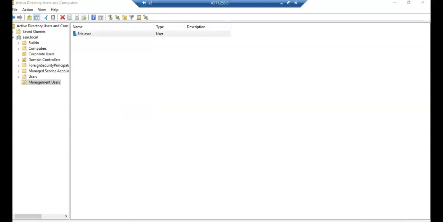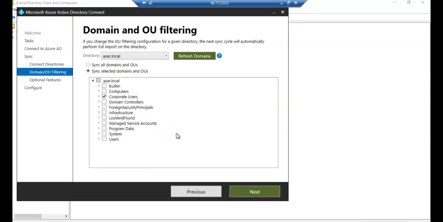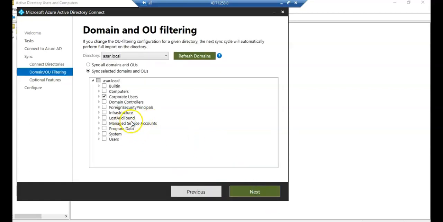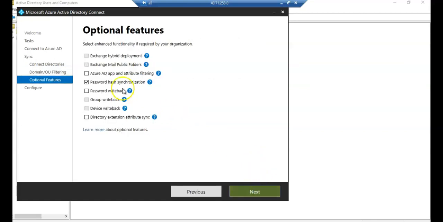Now, if I go previous and then next, because I just created it, it's not showing up. I've only selected corporate users. So until my users are in this OU, they will not be synced. If you click on next, I'll say password hash synchronization. And if you want to go for pass-through authentication,